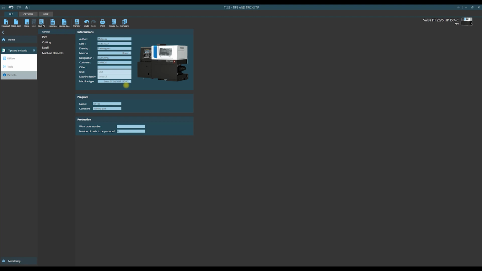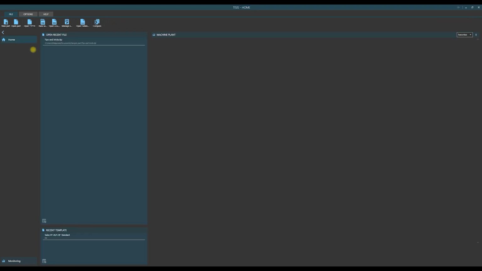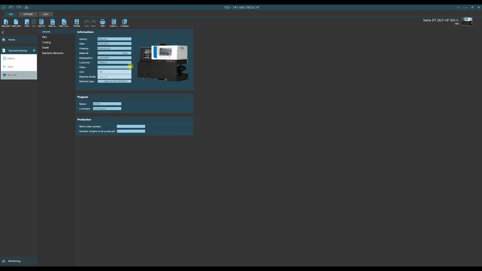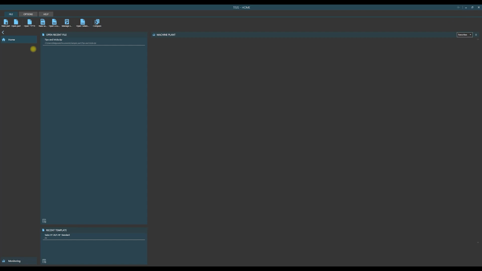We learned till now how to create a new part and also how to save it. But we should also know how to open an existing program. To show it, I close our program, and please look at the home page of TSYS. You see, here in this area, the names of the last used programs are collected. So to open our program, it is enough to click on this name, and we can check that it is our program. Close once more.